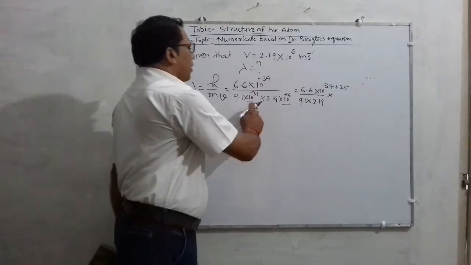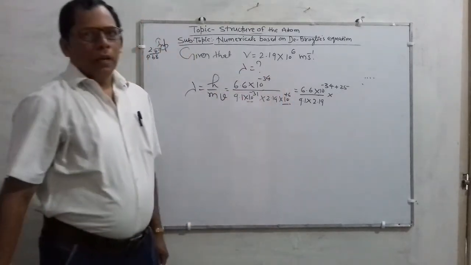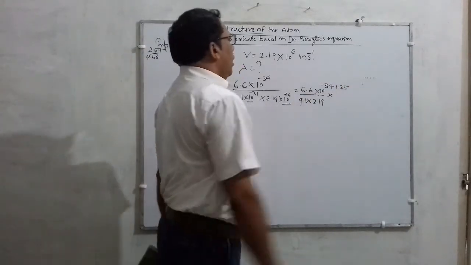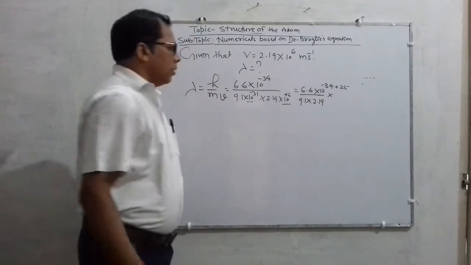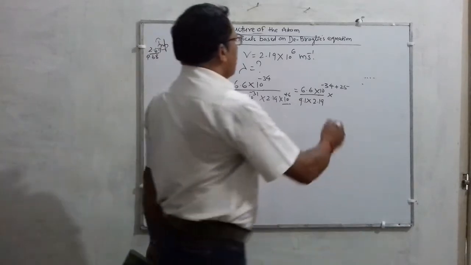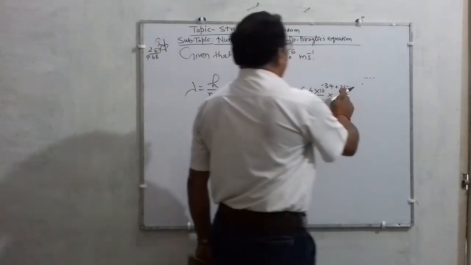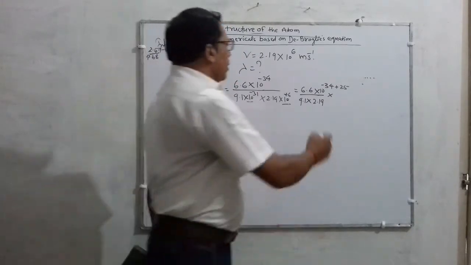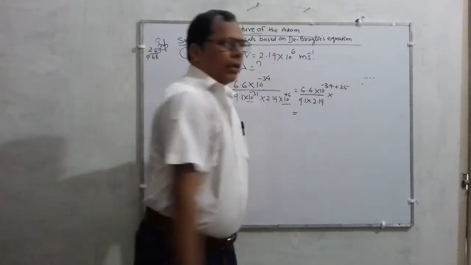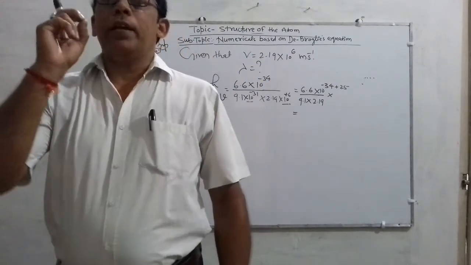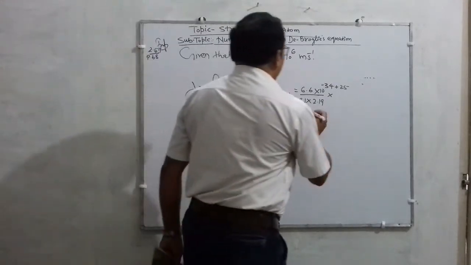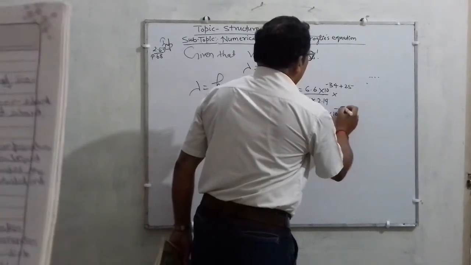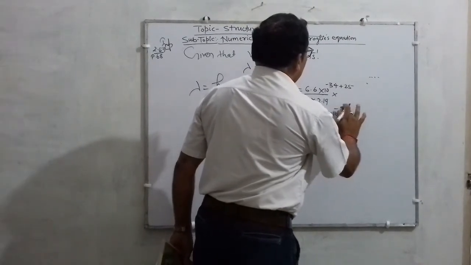If this is in minus, going in the numerator, it becomes plus, and the sign will be here. And now what? That is 34 and 25, perhaps 9. Am I right? So on solving this, the value may actually come 0.332 into 10 to the power minus 9